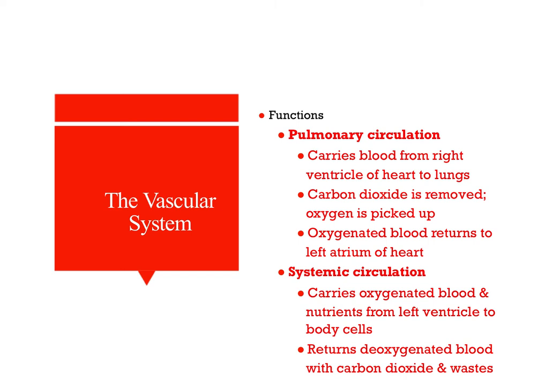Really, when it enters the heart, it started pulmonary circulation, okay? But the right ventricle is what sends that deoxygenated blood to the lungs, okay? Then carbon dioxide is removed, oxygen's picked up, and then oxygenated blood returns to the left atrium of the heart, okay? So pulmonary circulation, you need to know, is right